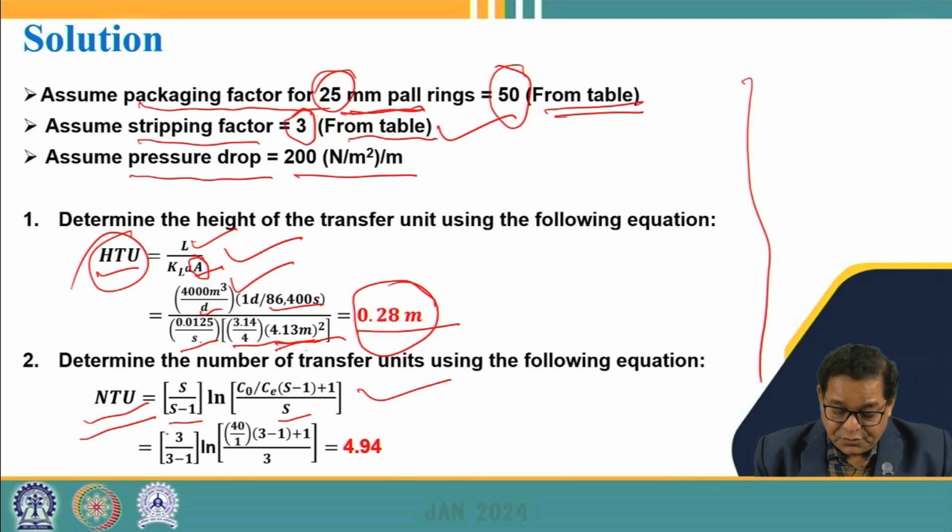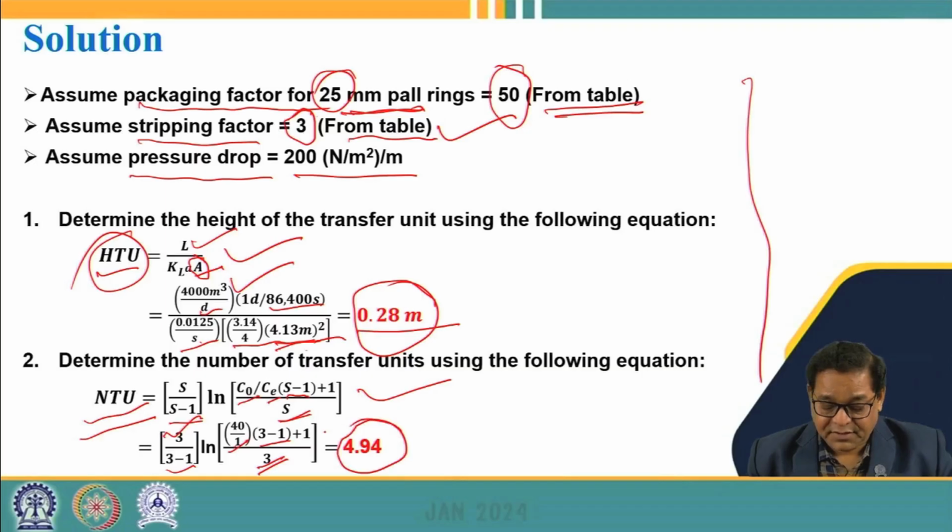So we put 3 divided by 3 minus 1, and C0, which is in milligram per liter, is 40 milligram per liter, and then 3 minus 1, this is S minus 1, and this again S is equal to 3. Substituting these values, the number of transfer units required is